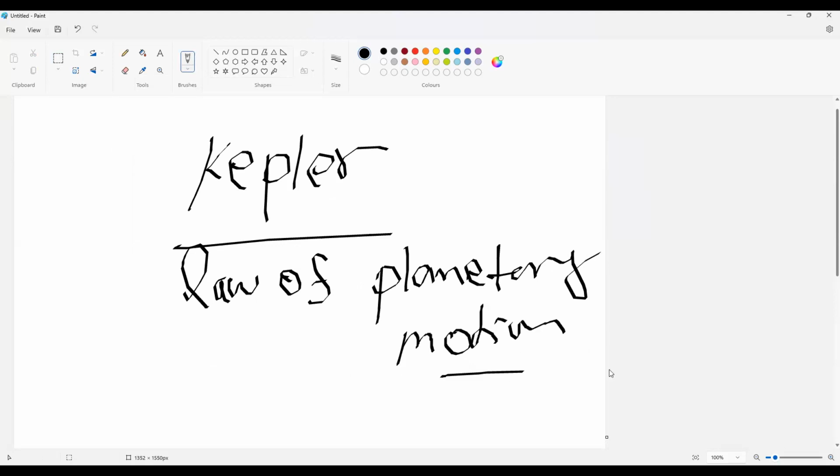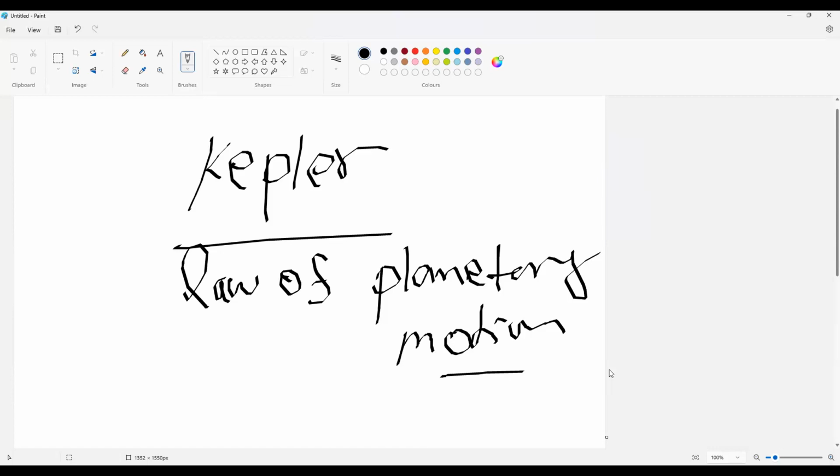See, for gravity, Newton is the best. Newton did so many activities just because the apple fell onto his head. He did so many researches behind it, and he identified that there is a gravitational value, there is a mass of Earth and a radius of Earth, and a relationship between them, and many other things. But who will find out what is there in the solar system? That is this fellow. What is his name?